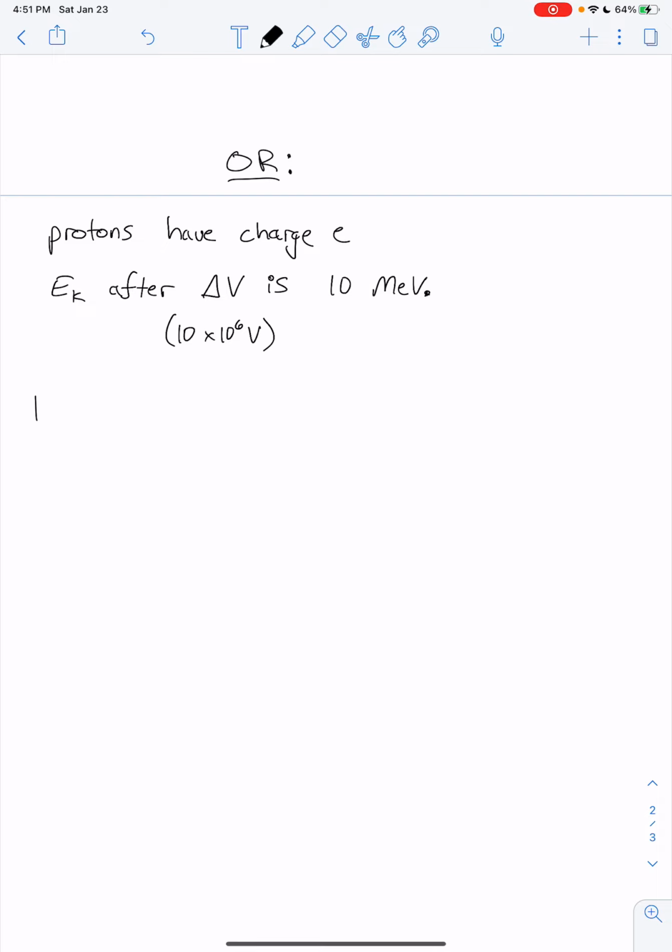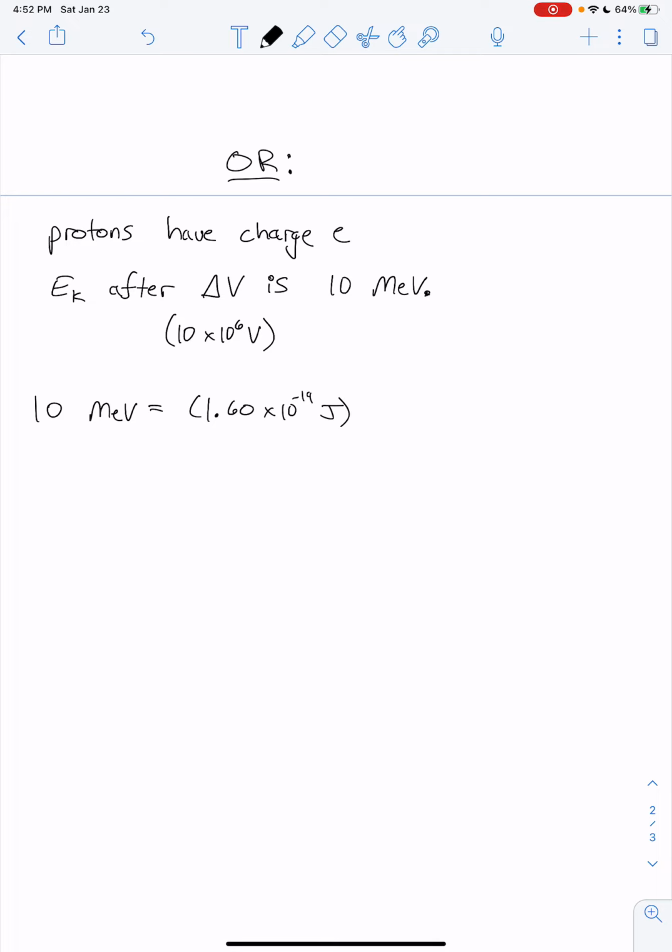Well, then we could say, fine, 10 MeV, reminding ourselves that M is this factor of 10 to the 6, right? So 10 MeV is going to be equal to, well, it's 1.60 times 10 to the negative 19 joules,